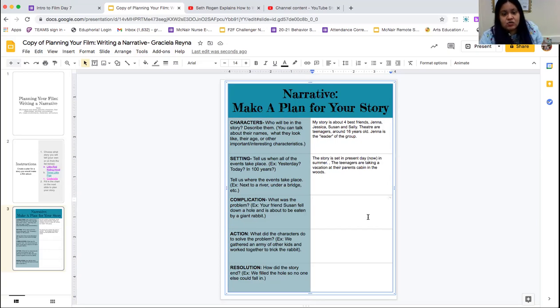The complication. So what's the problem? What's going to be the big obstacle or the big thing that the characters have to overcome or deal with? And so the big thing that happens is